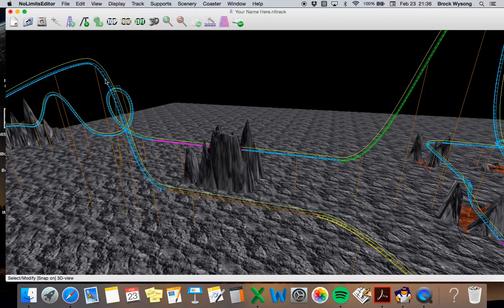Then what I need to do is, and you can do this in any view, it doesn't matter. If I click on that piece of track, you can see if I click off, this little icon right here is not, like, I can't click on it. But when I click on it, if that piece of track is different,